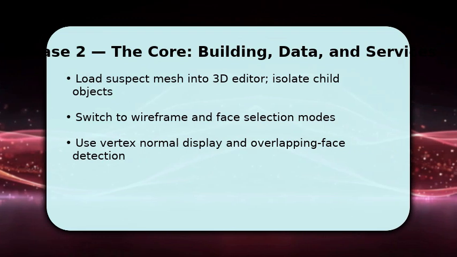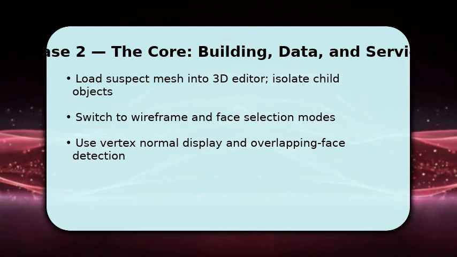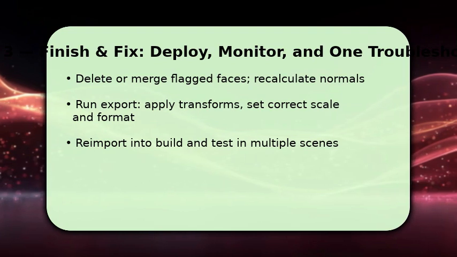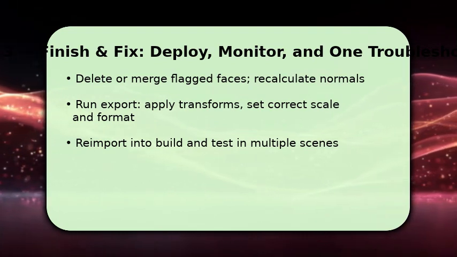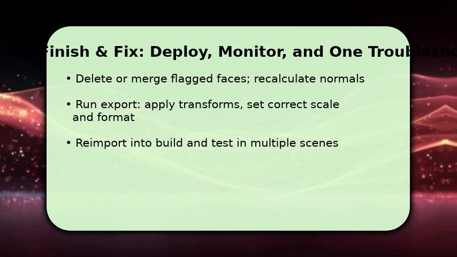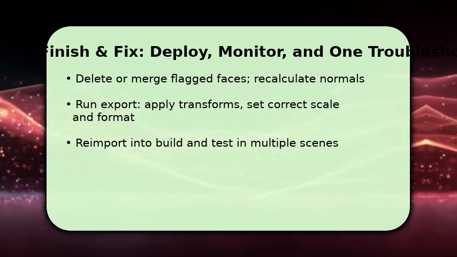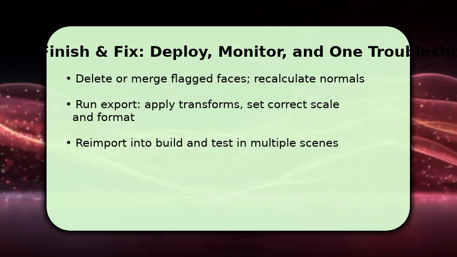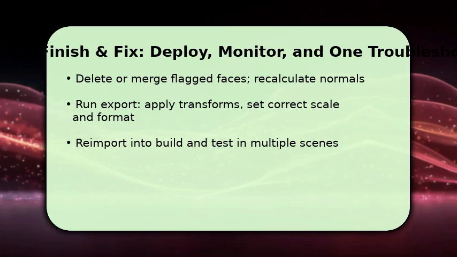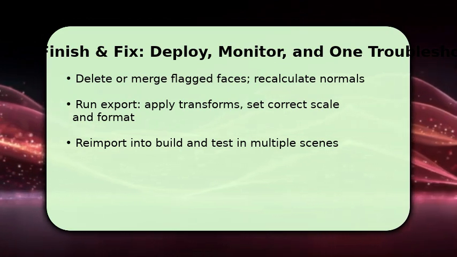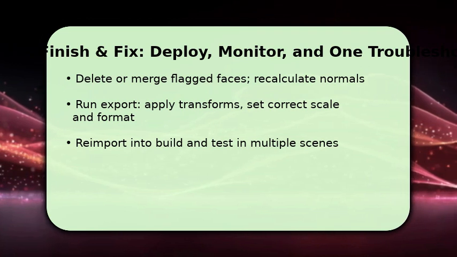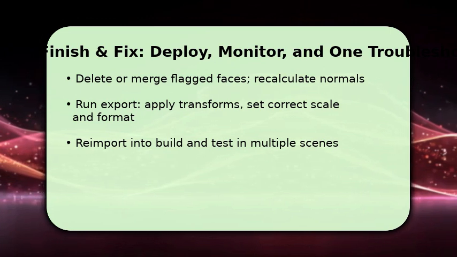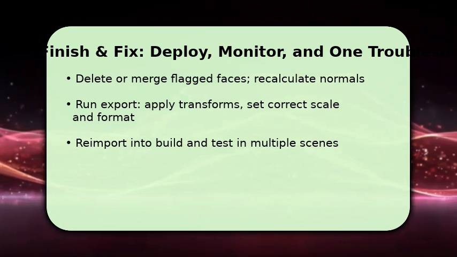You finish by removing or merging the baby mesh faces you flagged, then recalculate normals to ensure consistent shading. After edits, apply transforms and export with the correct format and scale so the engine imports geometry precisely. Re-import into your game and test across lighting conditions and camera angles. If you still see artifacts, check for duplicated materials or LOD overrides. One key troubleshooting tip: recheck for a duplicate mesh instance in the scene hierarchy, because